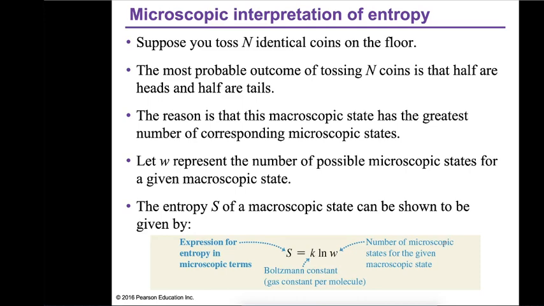This can be explained by the microscopic interpretation of entropy. Suppose you have n identical coins on the floor. The most probable outcome of tossing n coins is that half of them are heads and half are tails,